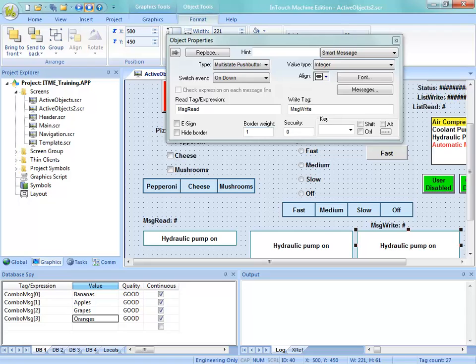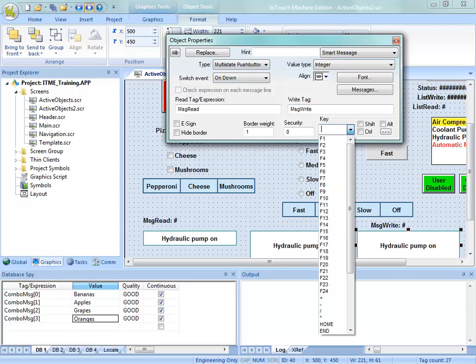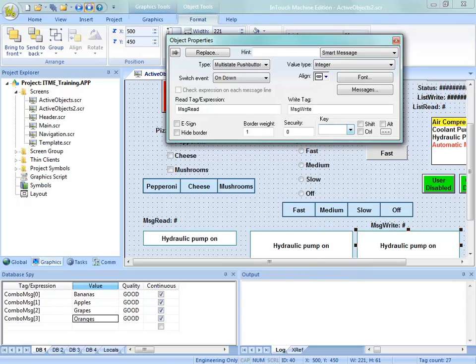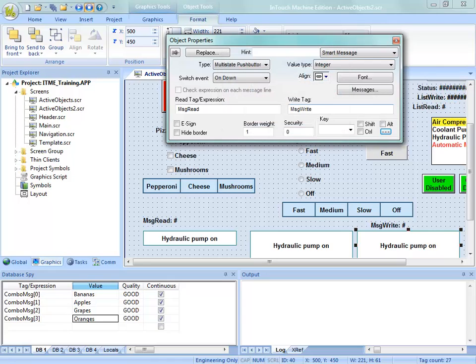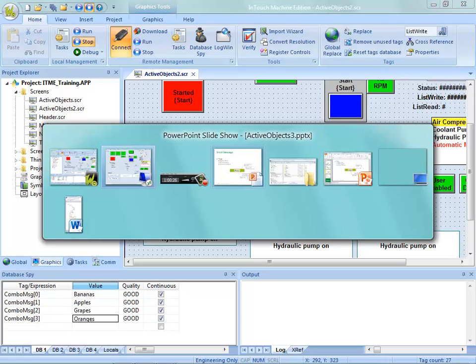Let's see, and in addition to that, now that we have this as a multi-state push button, we can use keys to drive that, whether it be the letter A key or the letter B or function keys, and then modifiers, so I can do Control, Shift, Alt, or the left shift, the right control, and so on and so forth. And I can hide the border on that. I think that's all I wanted to show on the multi-state push button. So there's your different ways to use those different